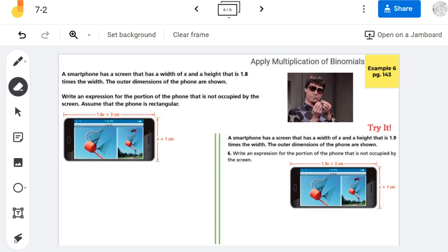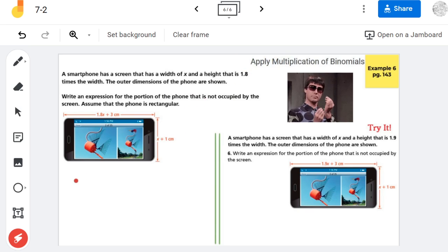In today's video, I'm covering example 6 from section 7-2 in the SavvasRealize Algebra 1 textbook. The goal of today's video is to apply the multiplication of binomials. So when we say apply, what we mean is we're using a word problem to try to solve some kind